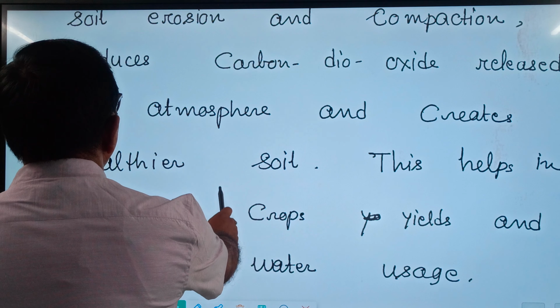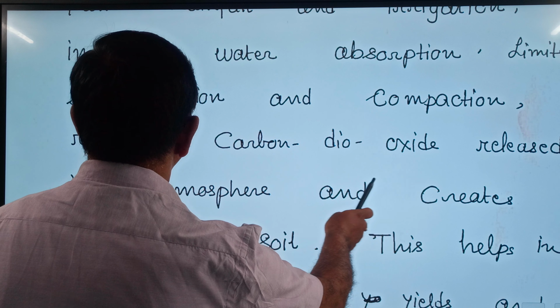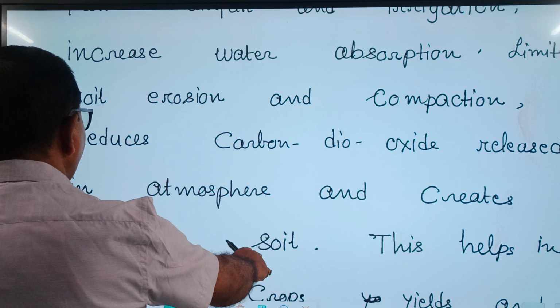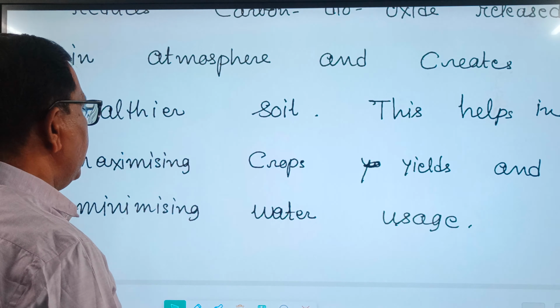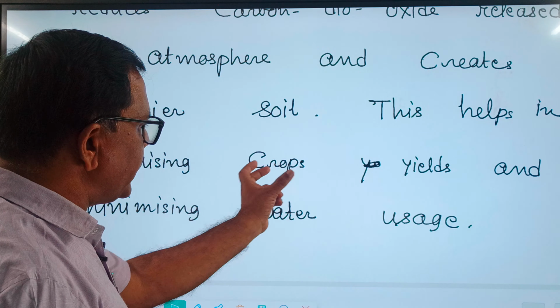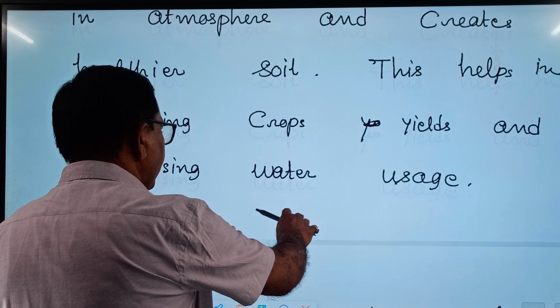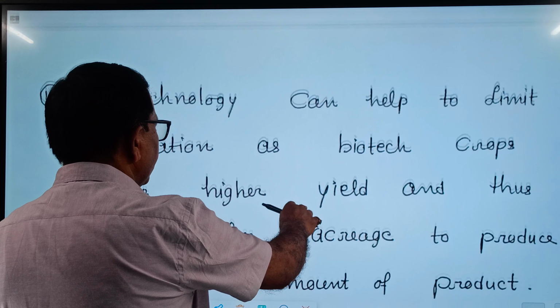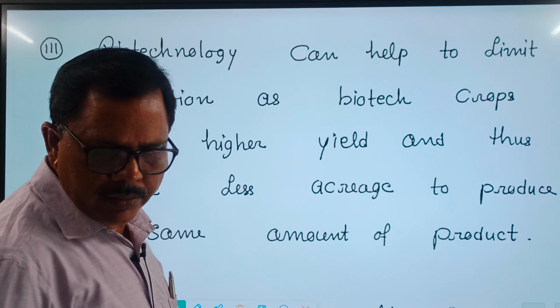So what I am writing again, what I am repeating once, is that it limits soil erosion and compaction, reduces carbon dioxide released in the atmosphere and creates healthier soil. This helps in maximizing crop yields and minimizing water use. So it is a need of present time that biotechnology can be applied in an agricultural format. Biotechnology